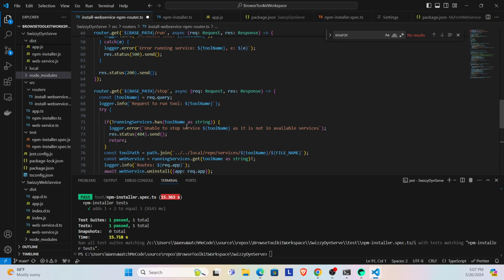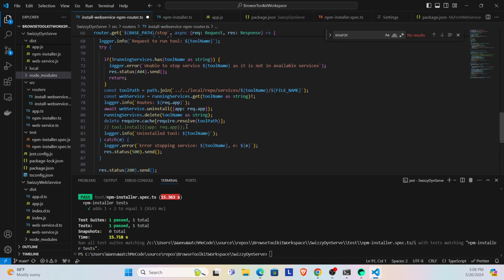So the way it's working right now is the web service basically takes in the app that it attaches to and then attaches its routers to that. And then those routers are exposed with the APIs that people can use. So the idea here is we'll have to go in, find the routes associated with our web service, and then remove them from the Express app. Once that's done, we'll also want to